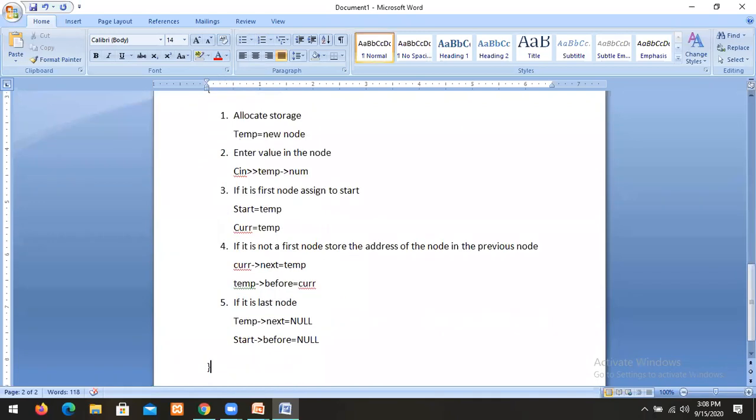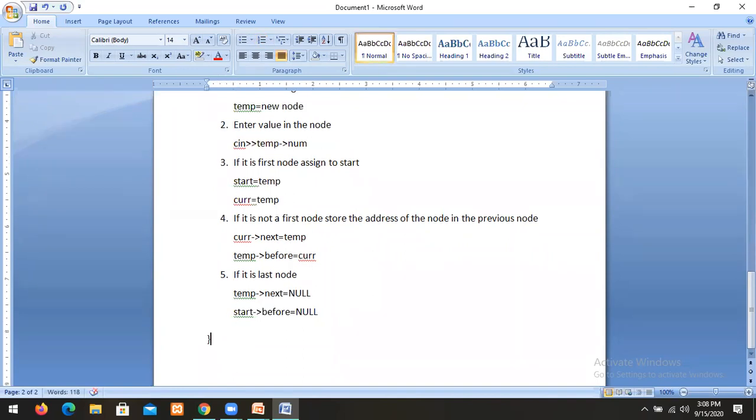At the same time, the first node's before is also null. This is the method we use. So this is the algorithm for the creation of the doubly linked list.